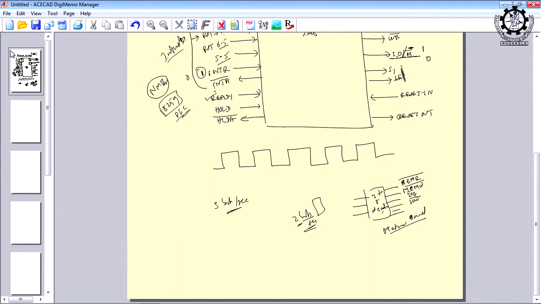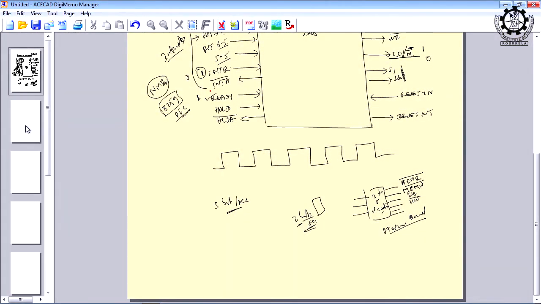So, this READY signal I think is understood. In general, whenever the slower device is not ready, it is not able to send the data to the microprocessor, right. And the moment the slower device is ready, it will input this signal to the microprocessor, saying okay, I am ready, you can send the data now. Am I clear? Whether you are inputting the data or outputting the data, this signal will synchronize the faster device with the slower devices.